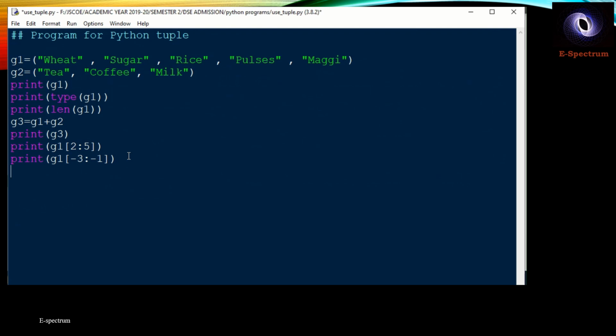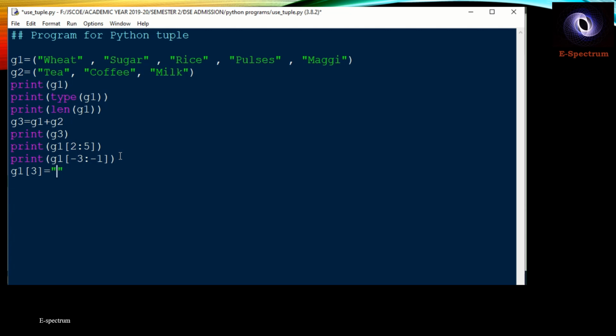Now we have seen one term related to the tuple, that is it is immutable. Okay, so suppose I write a line as G1[3], that is the third element, I want to add something into the third position.